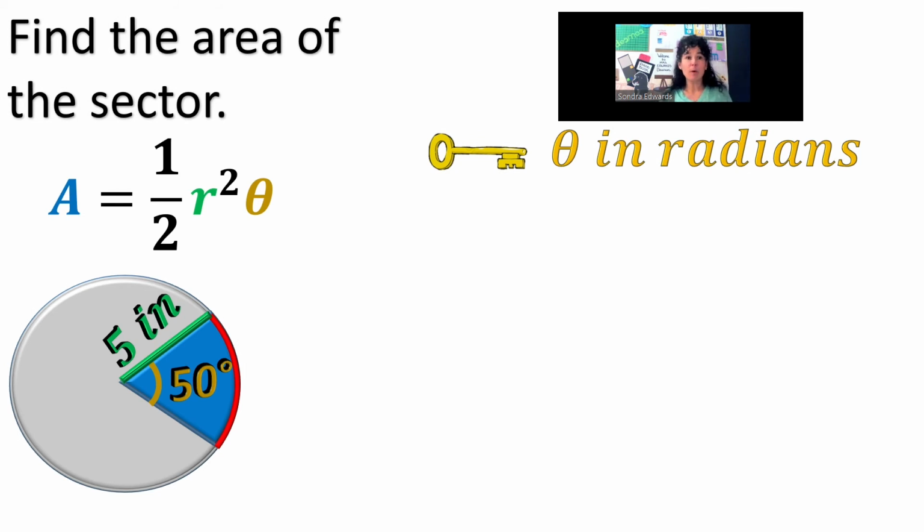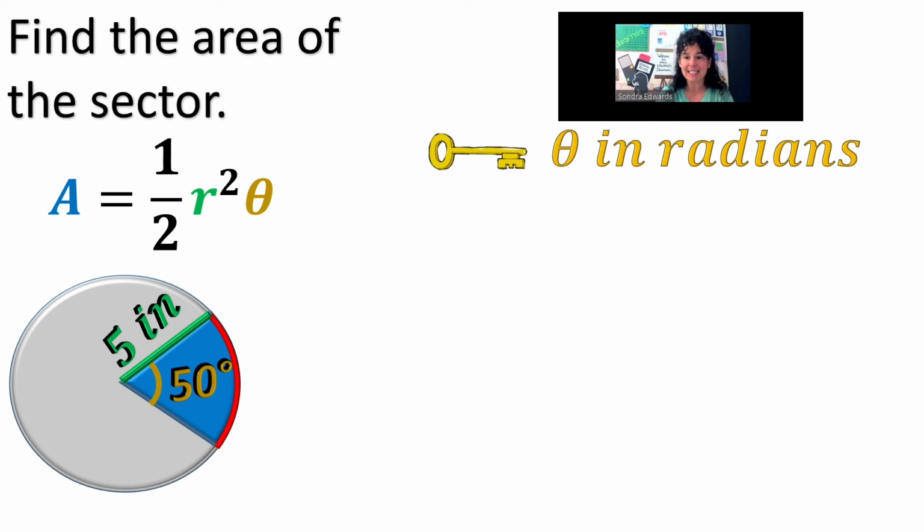So in this example, we're moving on to finding the area of a sector. In other words, we want to find the area of that blue pie slice. So we have our formula written out here for the area of a sector, and we want to substitute in the radius and the angle measure. But please keep in mind, when you substitute an angle measure into this formula, the angle measure must be